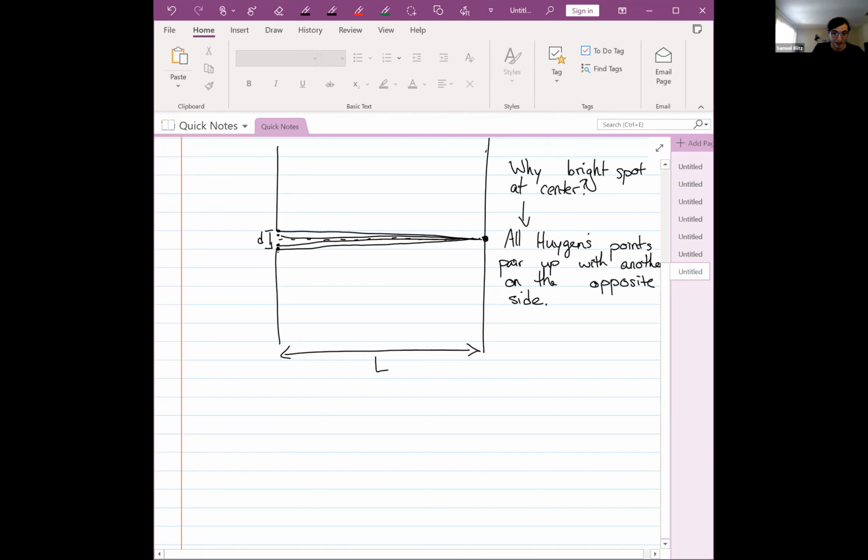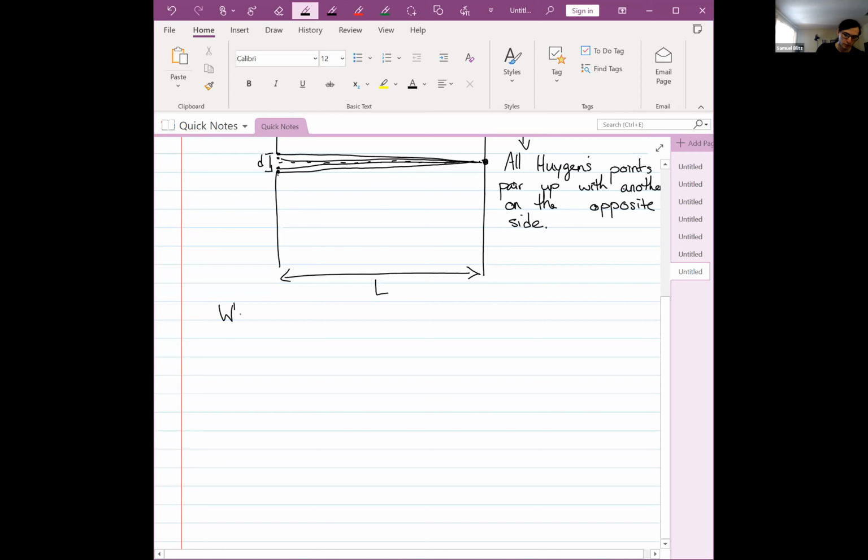Now, if this just behaved as you might expect, like for a large opening it would, you would just have a bright spot in the middle and nothing to the sides. But this opening is narrow. This aperture is narrow. It's not infinitesimally narrow, but it's narrow, so there might be interference effects. So we need to ask the question, what happens